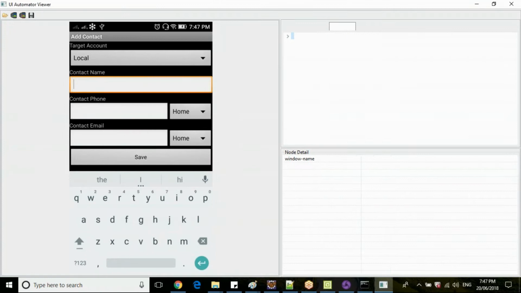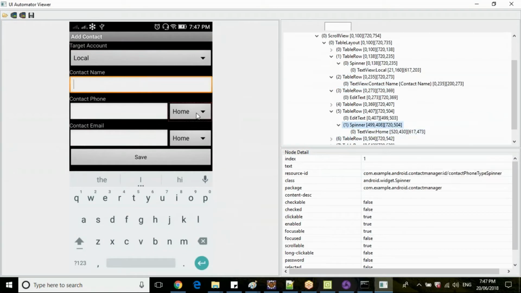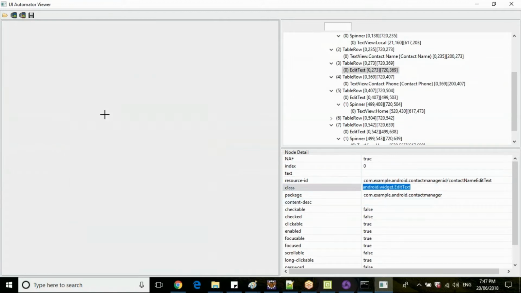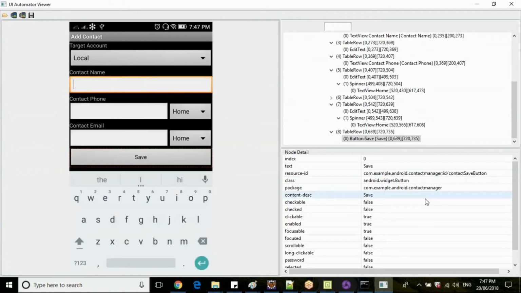So one thing, guys, when you're working with native applications, when you're inspecting like this, you need to check in which Android class, especially when you are working for Android. Okay, so if you see here, this class is android.widget.EditText. So this is edit text, and let's select this one.